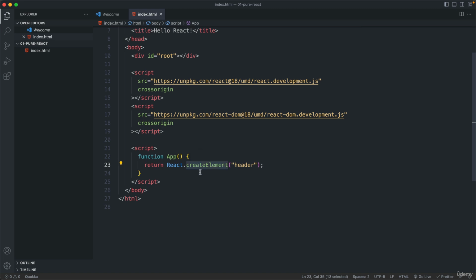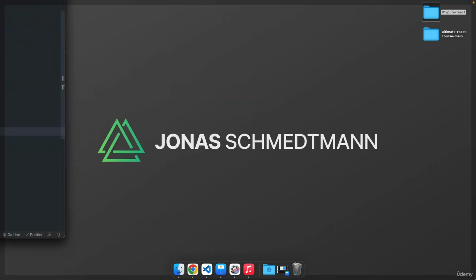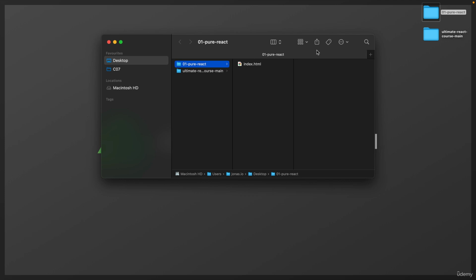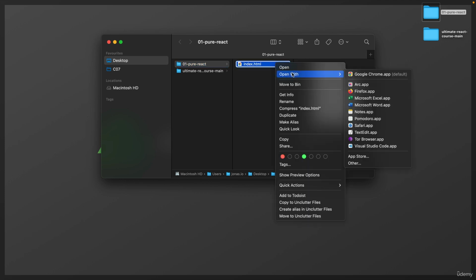method. And if all this is really confusing to you right now, then please don't worry. So again, the goal here is really not for you to understand React at this point. We're just doing some experiments and just getting a first look at React here, but we are not really learning it yet. All right? So I'm really just trying to demonstrate here how we write pure React without a build tool. But anyway, let's now actually go back to that folder here and open index.html in Google Chrome just to